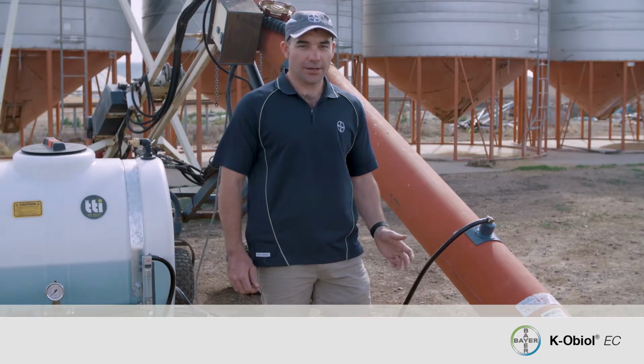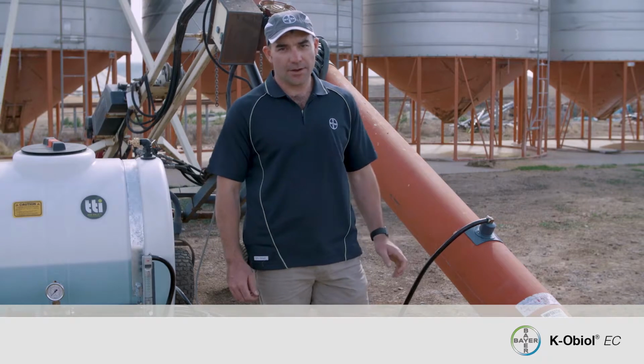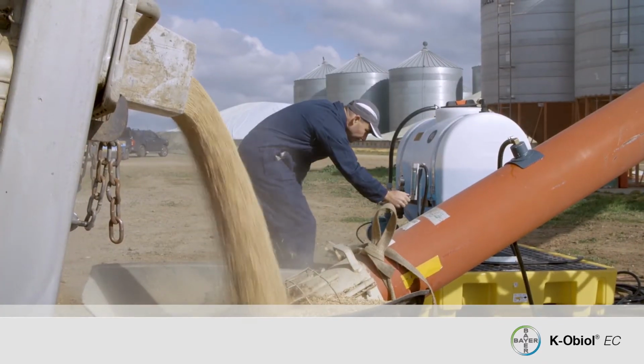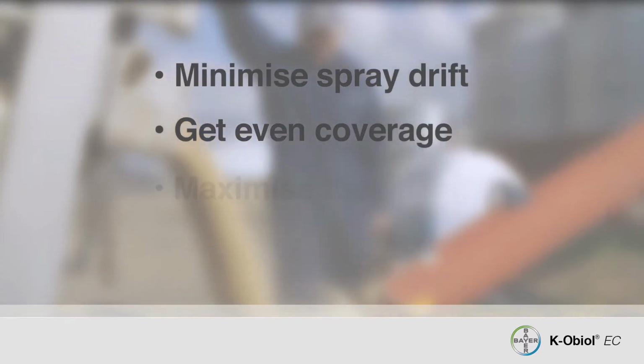First, check your nozzle location and adjustment. You want the spray nozzle to spray directly across the flow of the grain. No doubt many of you have your own system, but the basic objective is to minimise spray drift, get even coverage of the grain, and maximise the mixing effect